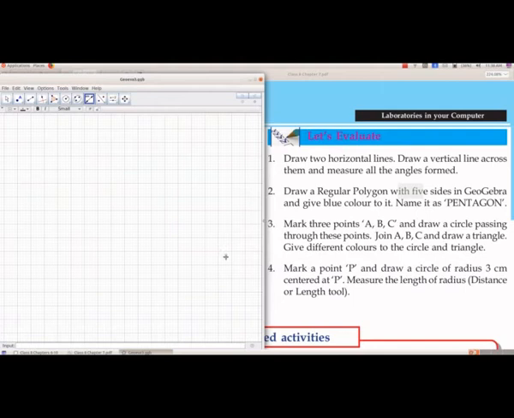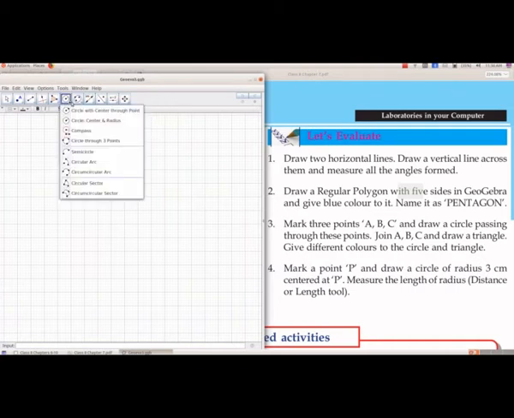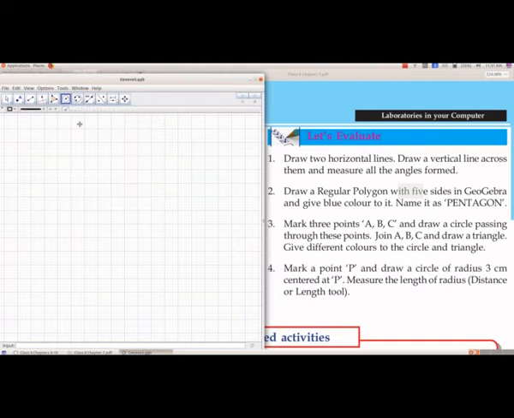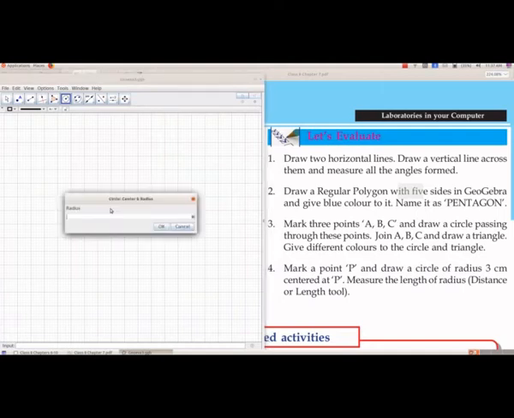We will do the fourth question. Mark a point P and draw a circle of radius 3 centimeter centered at P. Measure the length of the radius using distance or length. So first of all, from group 6, we will select the second option, circle with center and radius.